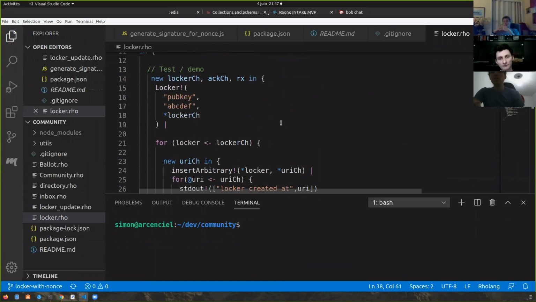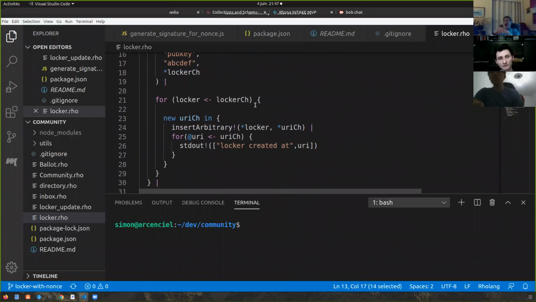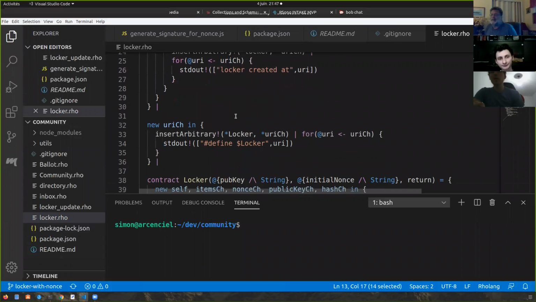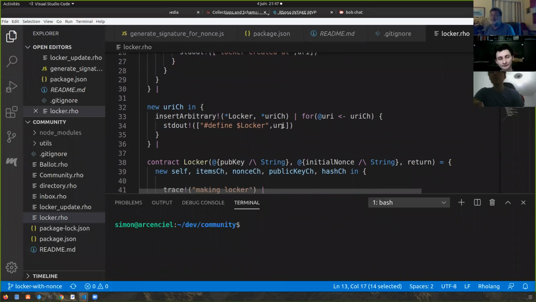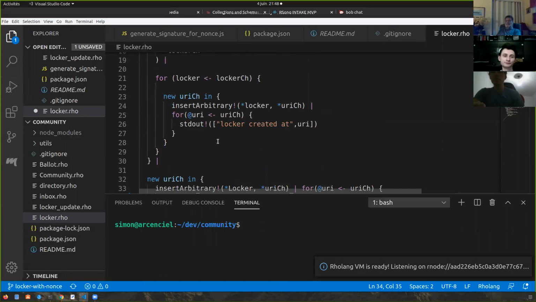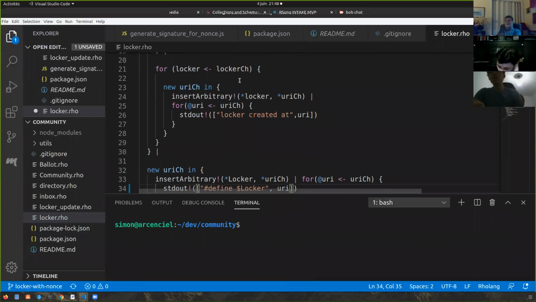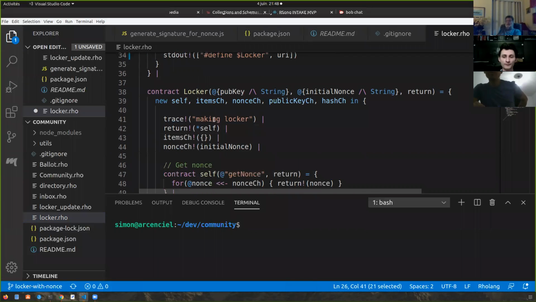Basically, I kept your comment here, and when you deploy this contract, this is actually Dan's, mostly Dan's code. There is the constructor that is still exposed to the registry. So this was already coded. And what I added is that a locker is also instantiated. So you can see the log.